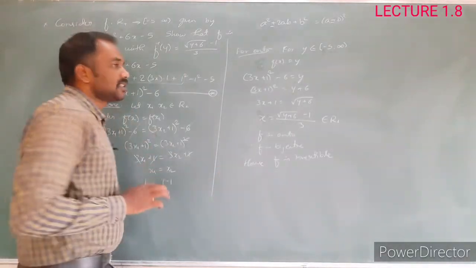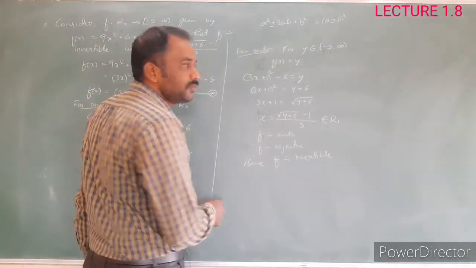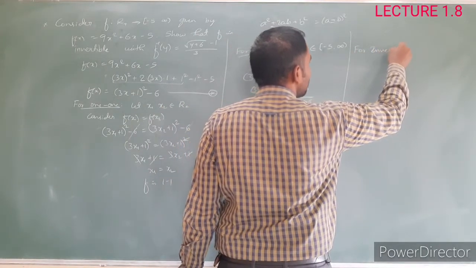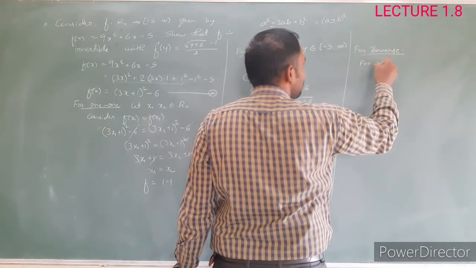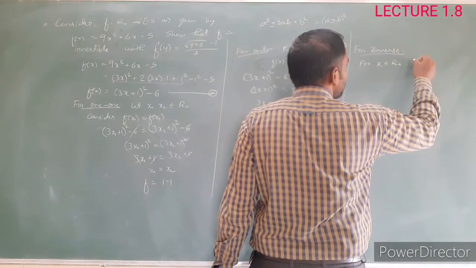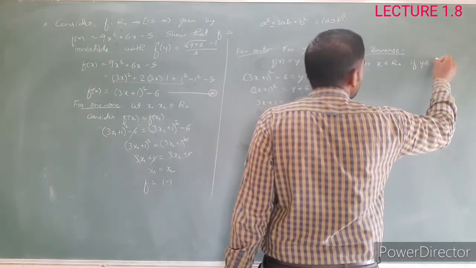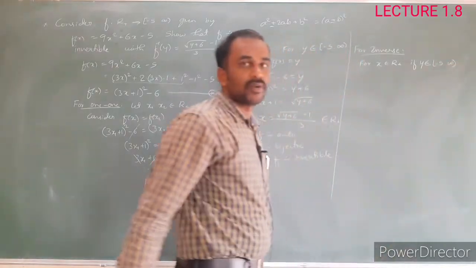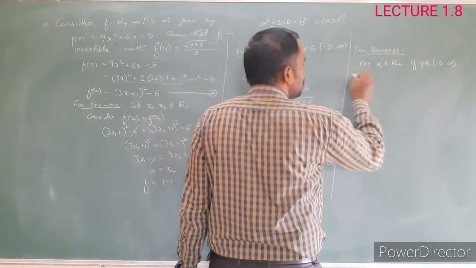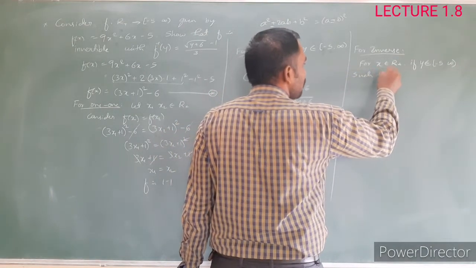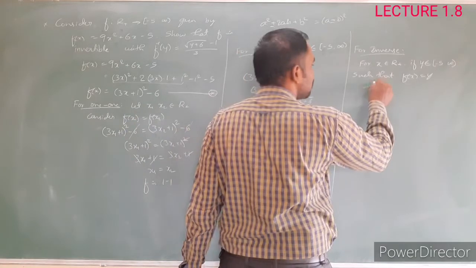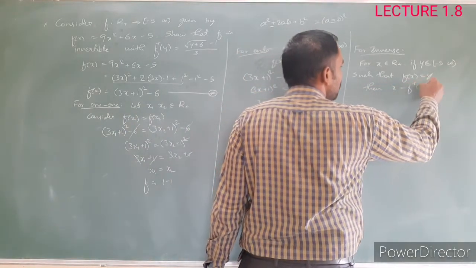That means we have to find the inverse of the function. How do we find the inverse? We already know the process. For any element x present in the domain set of all positive real numbers, and y present in the codomain set, that is minus 5 comma infinity, a semi-closed open interval, such that f of x is equal to y, then simplifying we get x equal to f inverse of y.